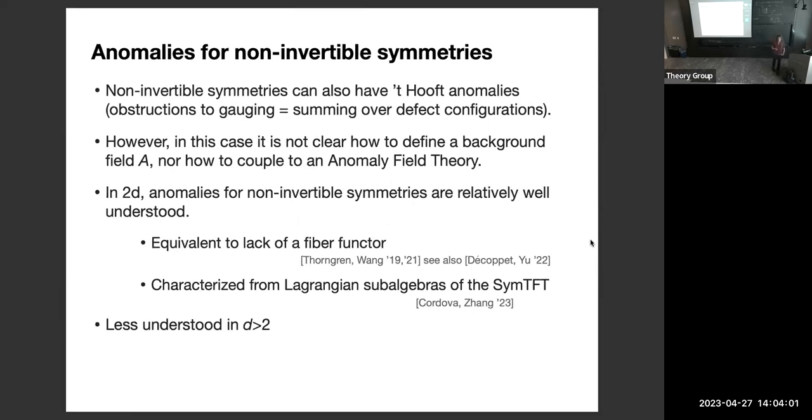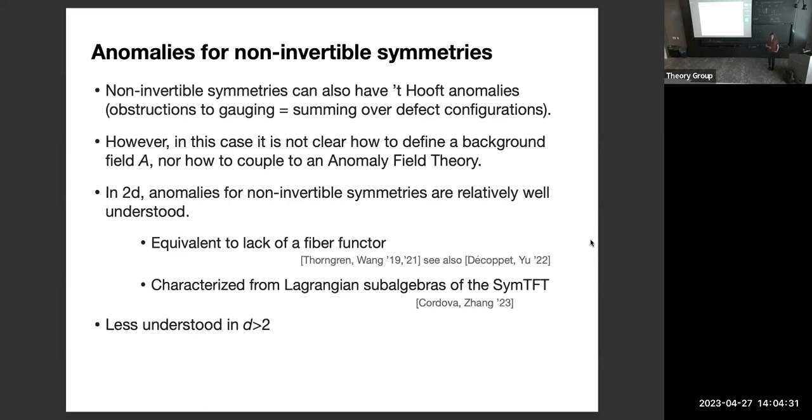Could you explain the logical implications between your technique, the Lagrangian subalgebra result and the fiber functor? Which one implies what? Theirs would imply ours. Yes. Ours is a sufficient condition, and it should be a corollary of the if and only if conditions. The fiber functor one is if and only if. Yes. The fiber functor one, though, is more like a definition.